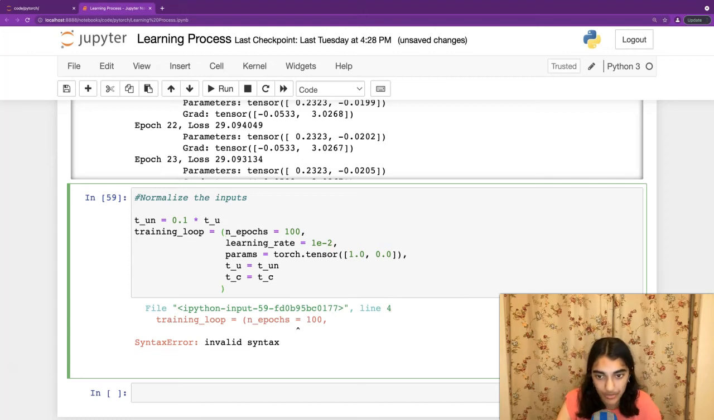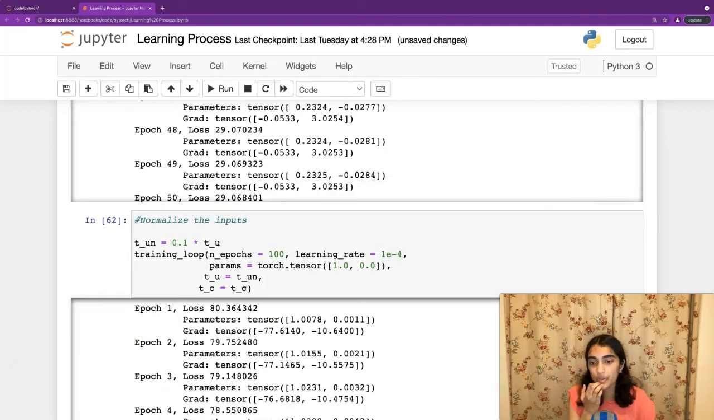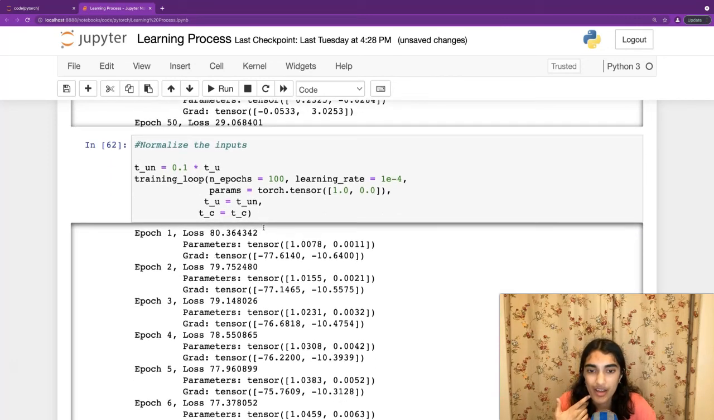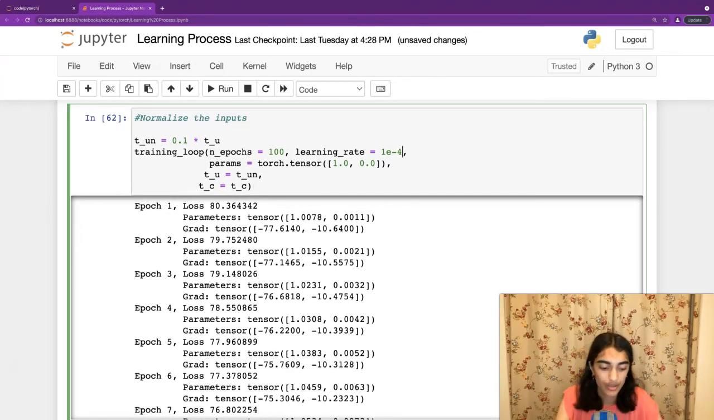The parentheses are good. This is good. This is good. Oh, comma. Okay, so we ran this. Okay, fix that little syntax error. And we run this with